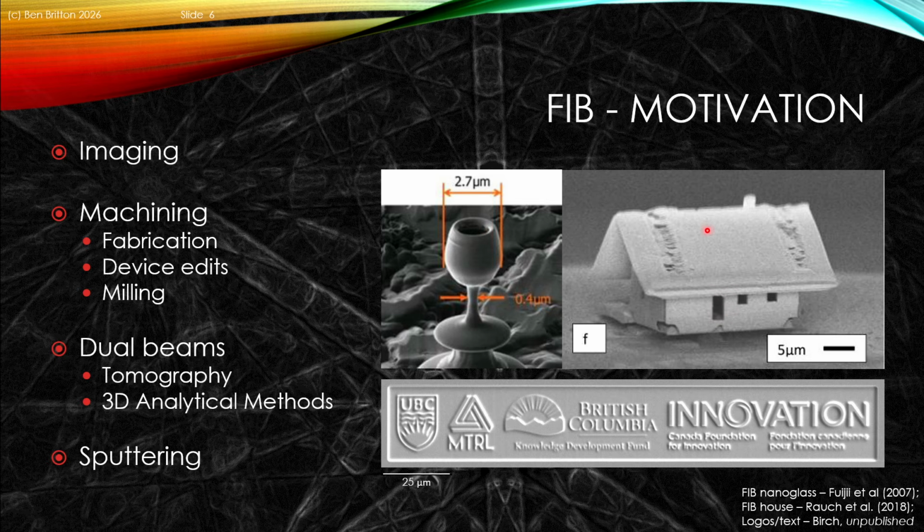We can cut holes and reconstruct surfaces. This is the so-called micro house, one of the smallest houses in the world that's been made. We can use this for device edits for electronic systems, and if we combine this with an electron microscope, we can have a so-called dual beam system, which is now the most popular type of FIB-SEM or FIB systems out there, and that enables us to use things like tomography for slice and view, but also combining this with other electron microscopy analytical methods, and we'll see examples with EBSD and EDS for structural analysis with electron backscatter diffraction, and chemical analysis with energy, X-ray,